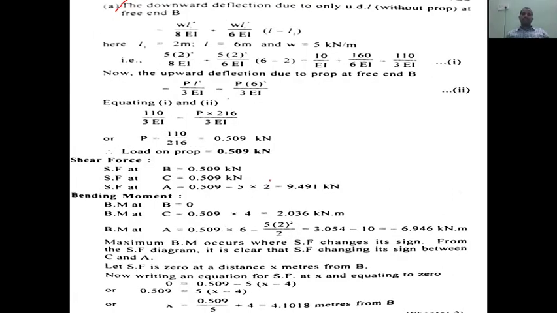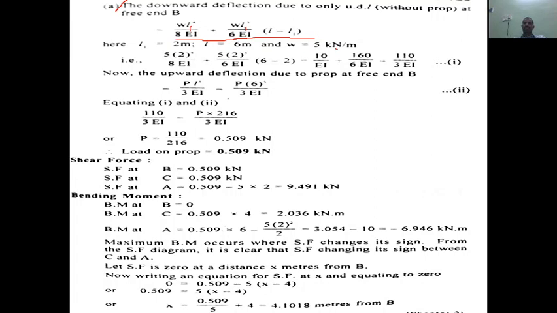again we have the formula WL power 4 by 8EI, this is the deflection formula, plus a slope multiplied by the remaining distance will give you deflection at the free end. Okay, this is standard form. For a cantilever beam subject to UDL up to a certain distance, this is the formula: Wa power 4 by 8EI plus Wa cube by 6EI into L minus a. Here it is a only, or if it is L1 over here, again it is L1 over here, or if it is a over here, that is the difference. A or L1 in this particular problem is 2 meters and overall length is 6 meters.